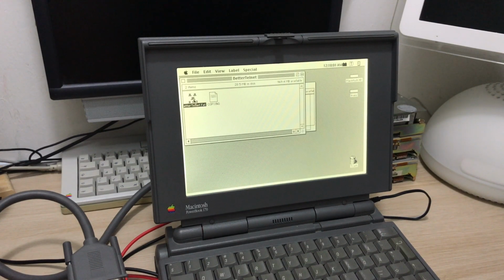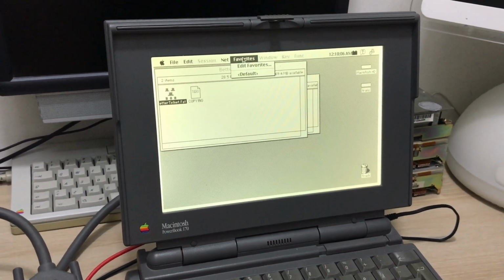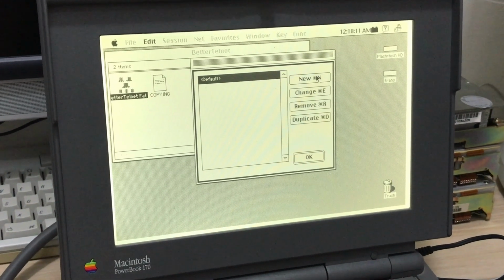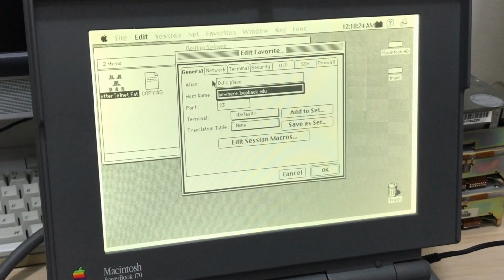Here I am connecting to another BBS through Better Telnet on my PowerBook 170. This is another BBS entirely with ASCII characters, DJ's Place. This BBS is running on something even older from Apple, an Apple IIe. Let's add DJ's Place to favorites so we can access it through the menu bar without having to write the